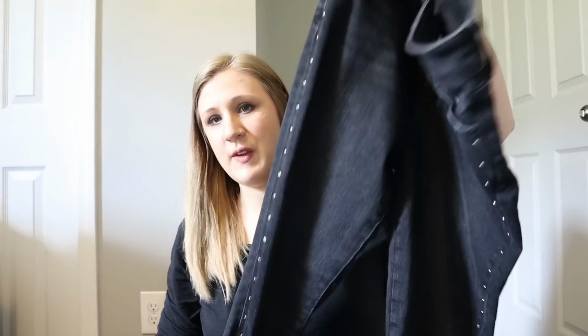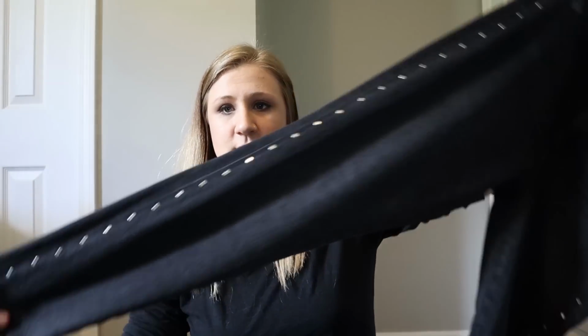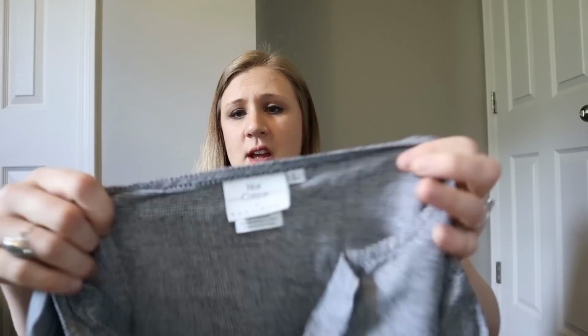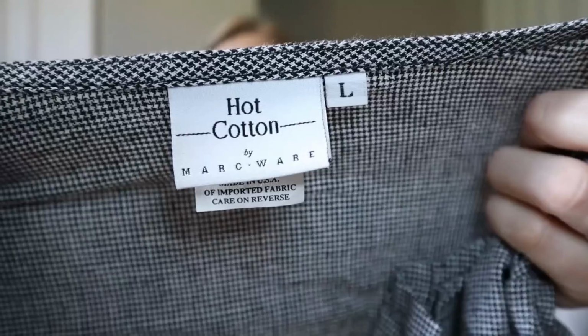They are a sort of faded black wash with stud detail all the way down, skinny leg. Next is a hot cotton, which I do like to pick up when it's sort of $1 to $2 or